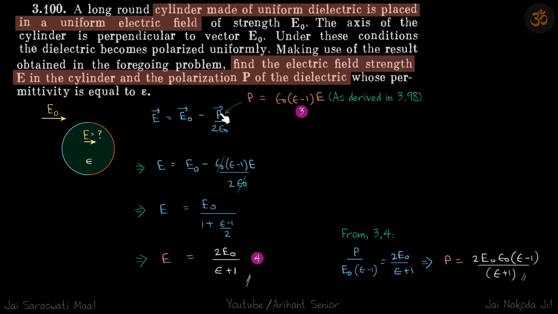Now in the question, instead of P, they have given the value of epsilon, and we know how they are related if there is electric field E. So we put the value of P here and got our answer for E. Putting E in the same equation, because P and E are directly proportional to each other, double the electric field means double the polarization. So anyway, we put the value of E here to get the polarization vector. So these are our answers.